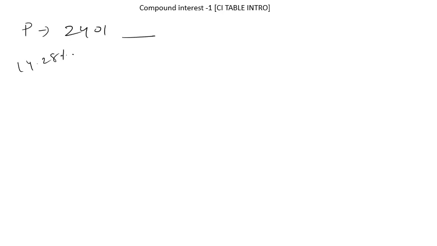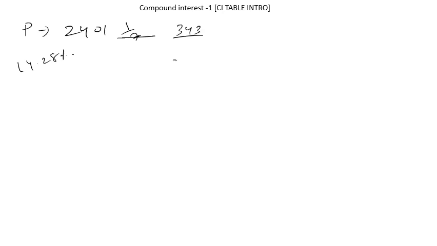Each and everyone watching this video can solve this question within fraction of seconds. But as we are beginning a topic, I have to give clarity on every aspect. So let's start with the very basics. Principal is this, rate of interest is 14.28%. 14.28% is 1 by 7, isn't it? So first year's interest will be how much? 1 by 7 of the principal, that is 343.